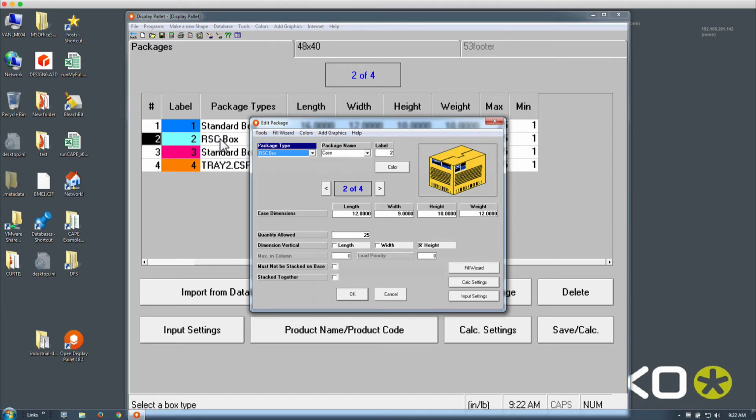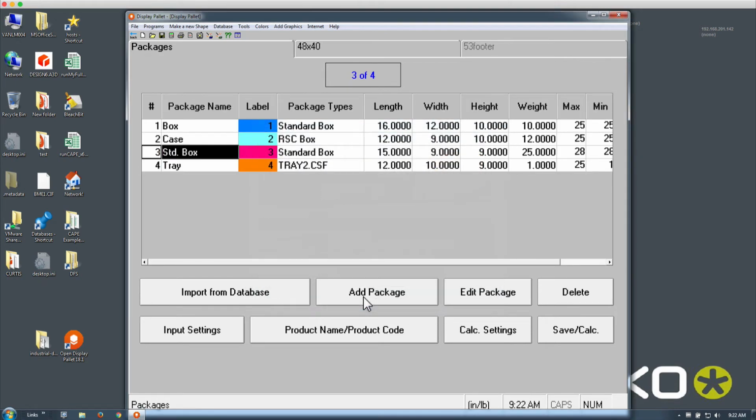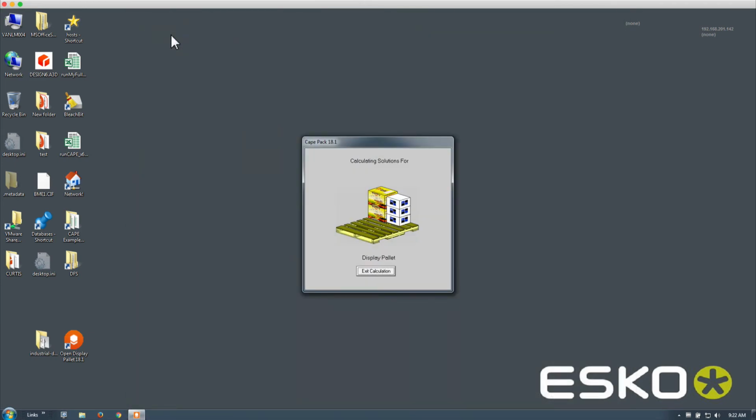Let's go to the cola box right here, so we can scroll through these different SKUs. We can come in here and say, hey, instead of 25, I want to add 3 additional ones, 28. If I do that and hit the calculate button,